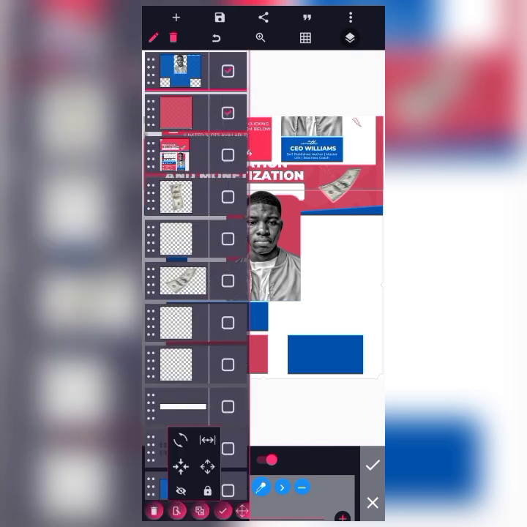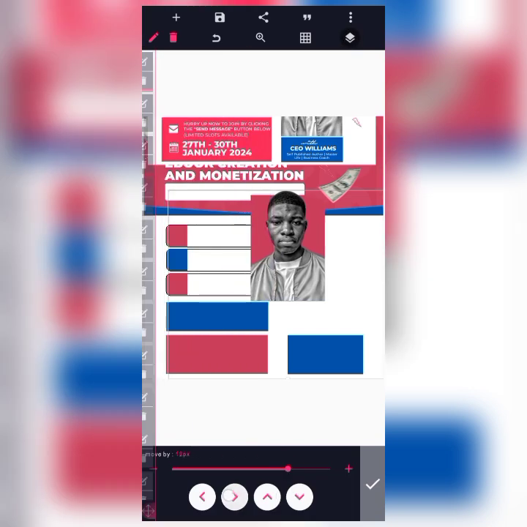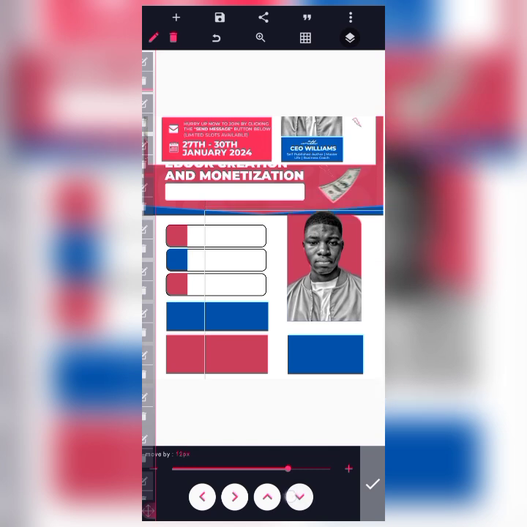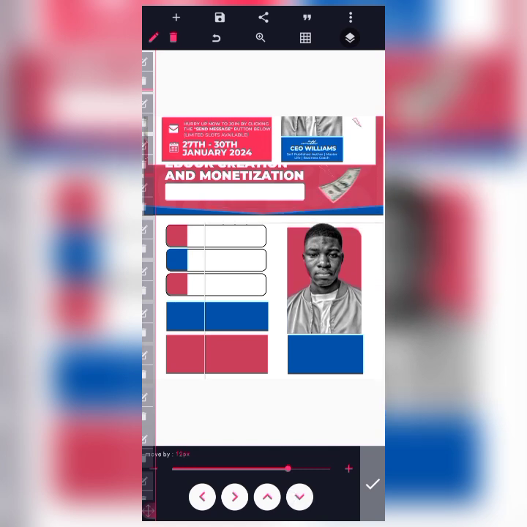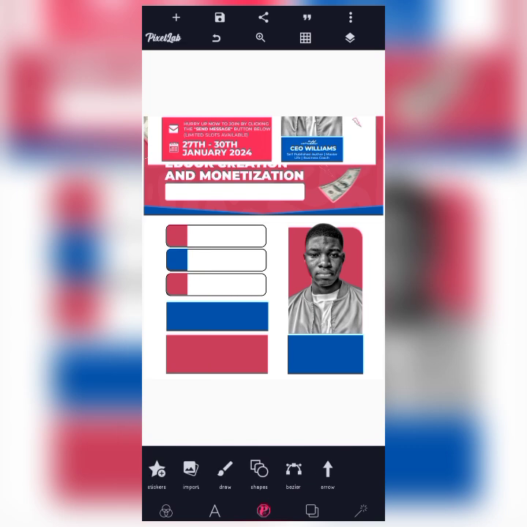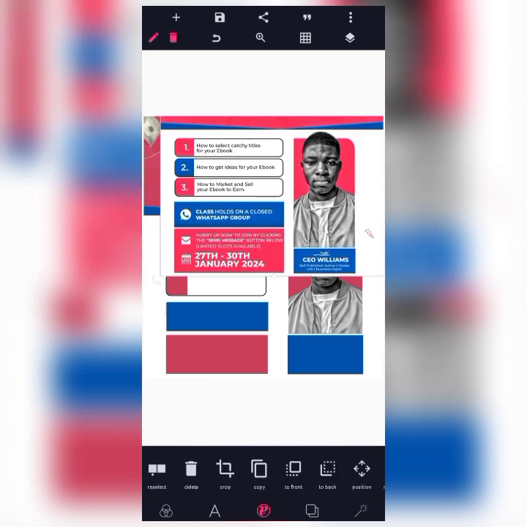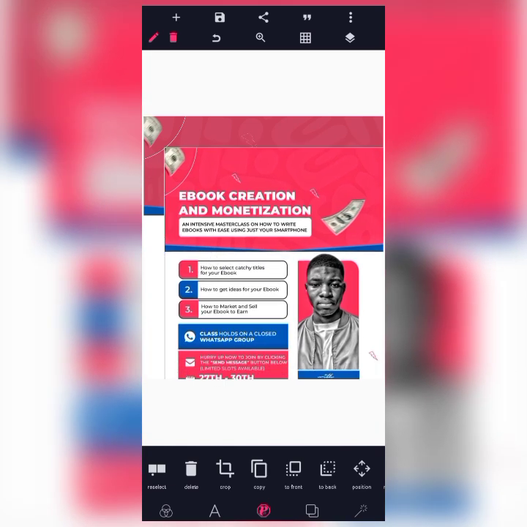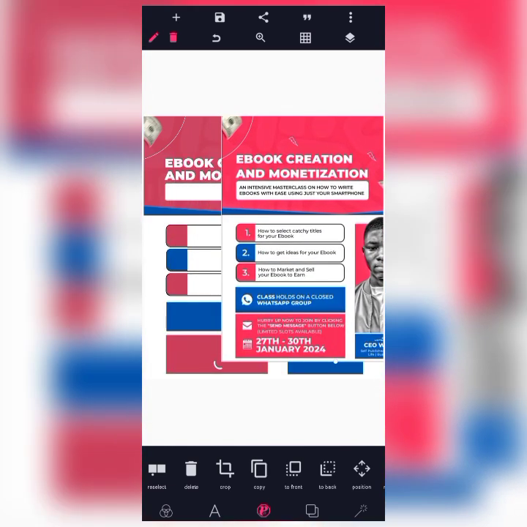So we are going to move this back to its place. There we have it here. So back to its place here. So you can see how that is created. I believe you now understand how you can mask image into a shape without using the masking tool. You can see that. Moving on to the other test, we have an intensive masterclass on how to write ebook